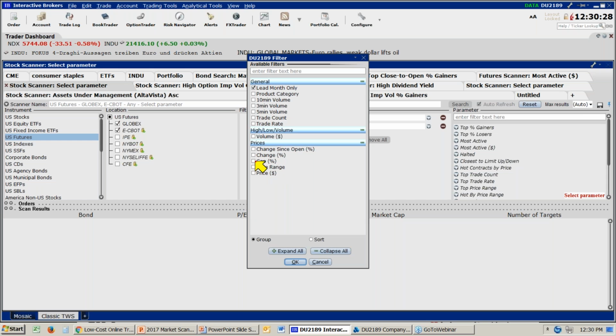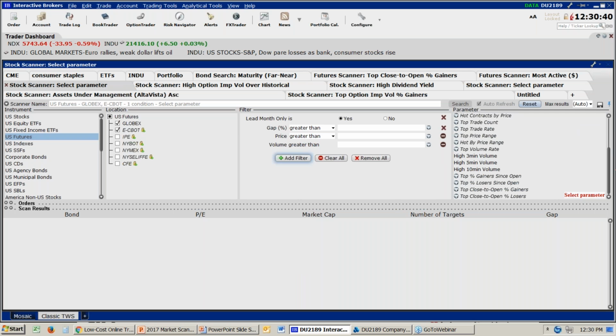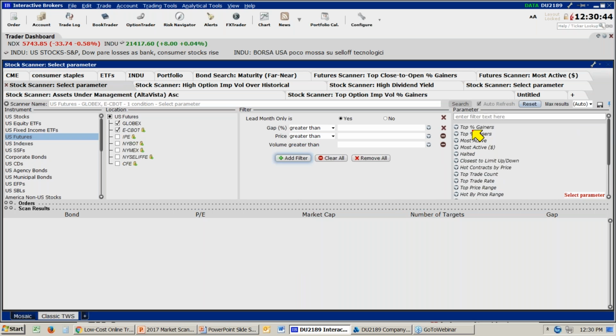For example, you may want to see a gap. If there were any gaps that occurred, I'll simply go ahead and add that. We'll click Apply and OK, and then run the scans. Now notice over to the right-hand side, the parameters differ as well. You'll see those available scans, and the icon that's included identifies that to obtain your exact results,